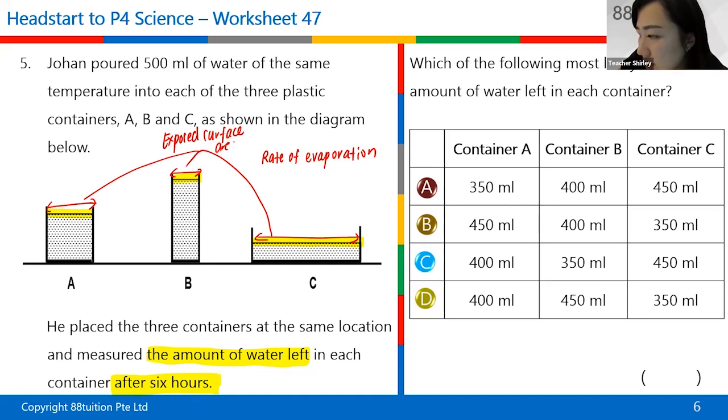So if you notice, let's say you have a towel and you want to dry it faster. Will you want to lay it out open or fold it? Which one dries faster? Lay it out, right? Because when you lay it out, the exposed surface area is larger. And when it's larger, the water in the towel will evaporate faster and dry faster. So it's the same as these 3 containers. So A, B, or C, which one do you think the water will evaporate